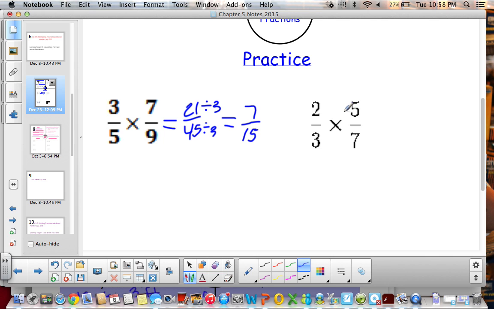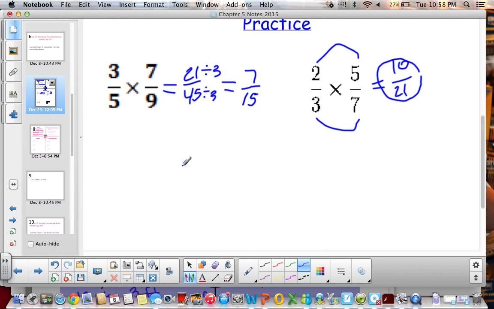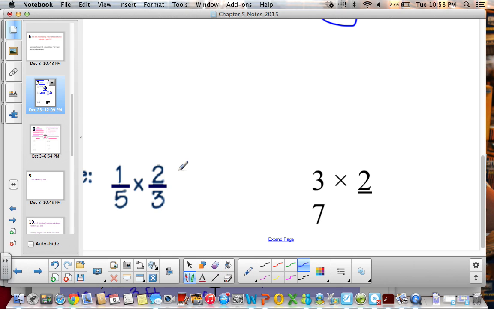2/3 times 5/7. So we go straight across again. 2 times 5 is 10. 3 times 7 is 21. 10/21 cannot be simplified anymore, so we leave it as 10/21. Okay, really quick, if we have 1/5 times 2/3, we'll go straight across. So 1 times 2 is 2, 5 times 3 is 15, so 2/15,